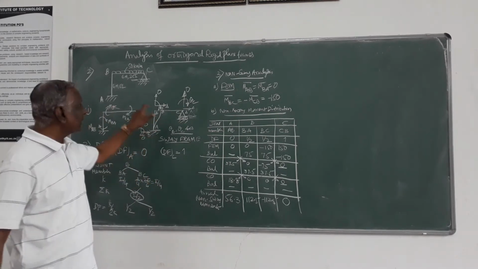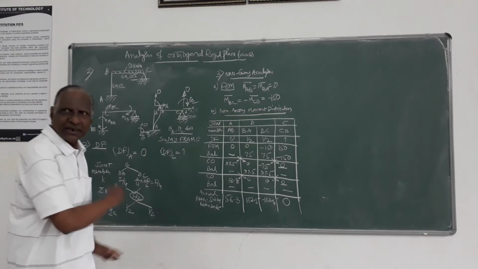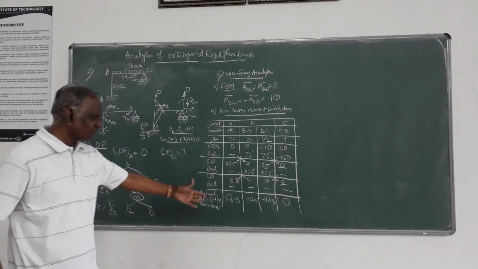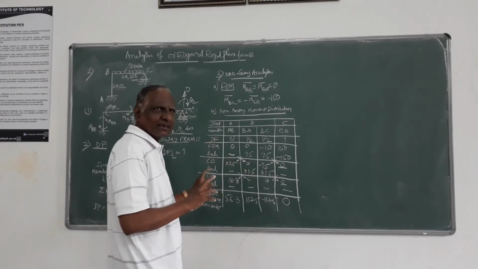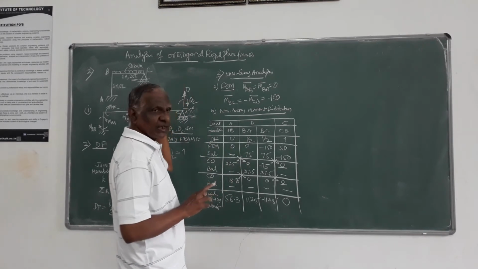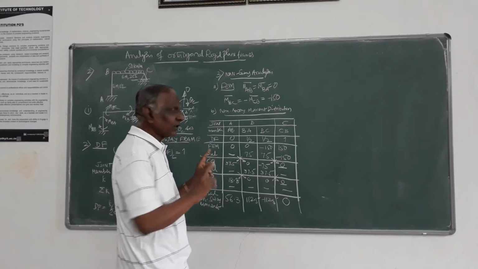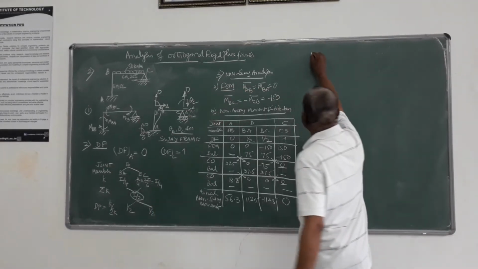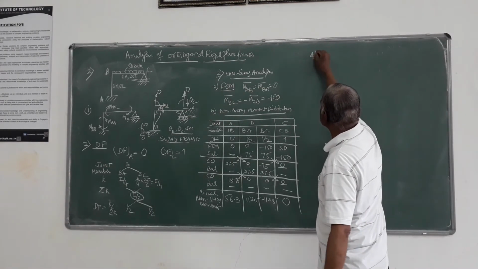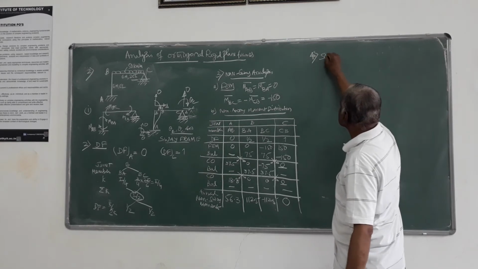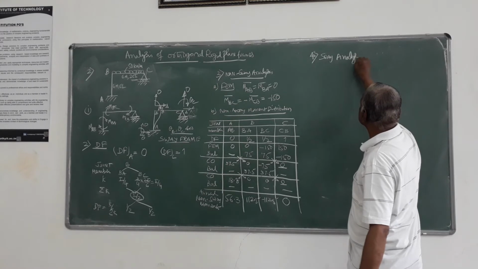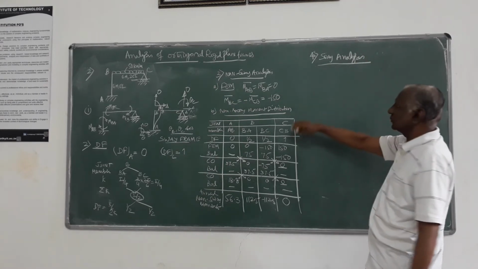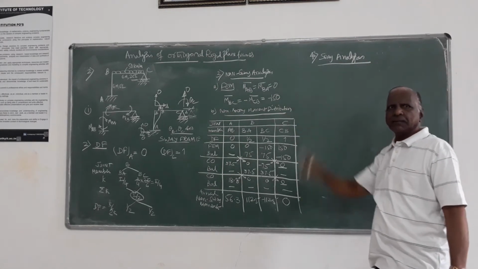Now because it is a sway frame, we have to continue the process. We cannot just jump to the Pentagon diagram. So this is the change which we are going to get in sway frame analysis. That's all. Only one more moment distribution we have to do. That is, the fourth step will be sway analysis. Since it is now a sway frame, we have to do sway analysis immediately.